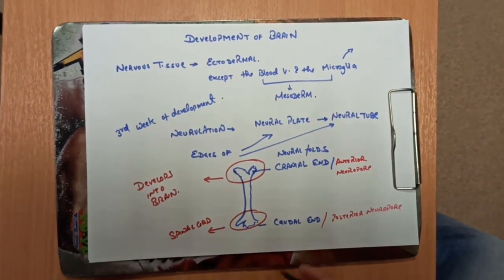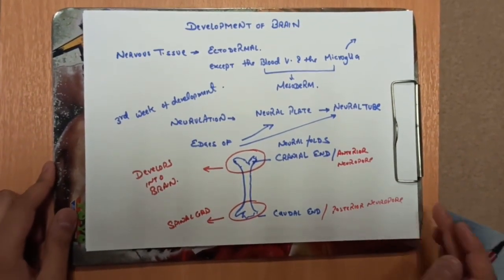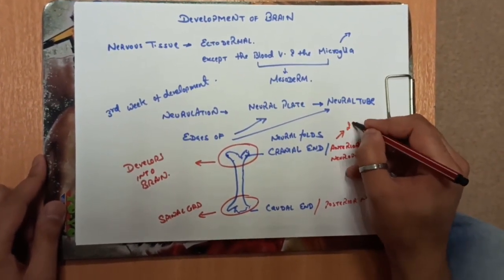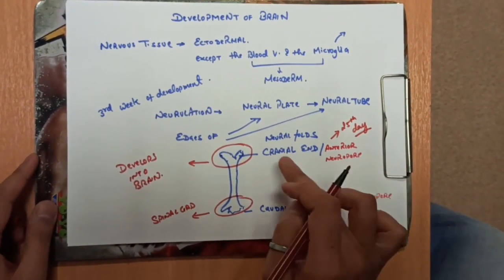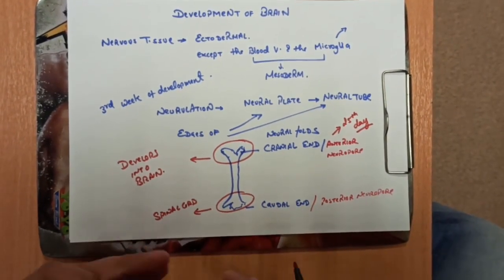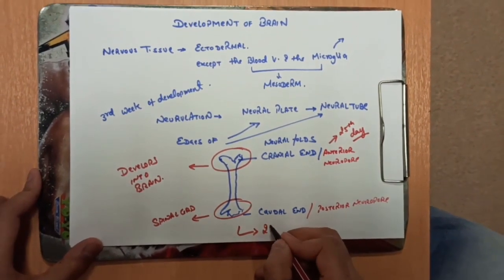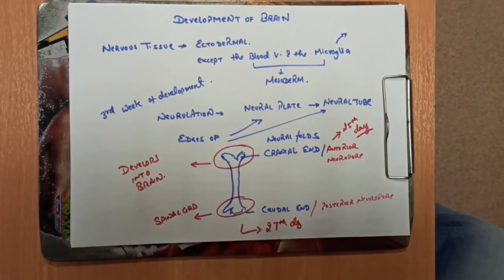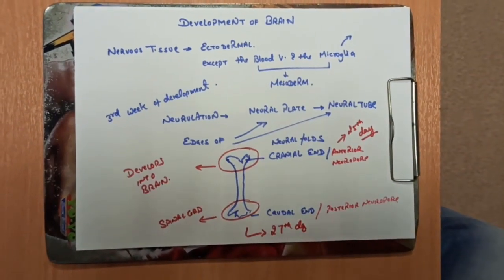Don't get confused, the rest of the organs are usually made from mesoderm and endoderm along with the ectoderm. Now what should be noted is that this anterior neuropore closes at the 25th day after fertilization, resulting in the formation of vesicles, which I'll tell you about further in the video. And the caudal end or the posterior neuropore closes on the 27th day, 2 days later than the closure of the anterior neuropore. Later on, these both result in the formation of a closed tube-like structure.